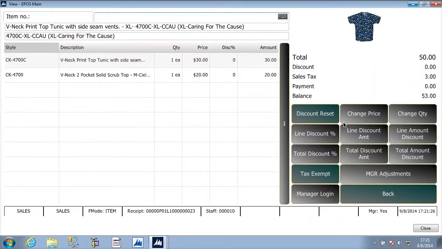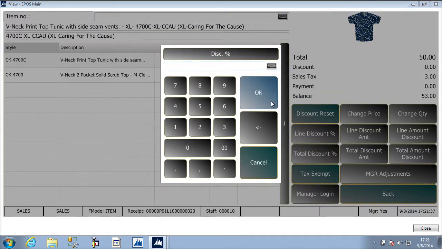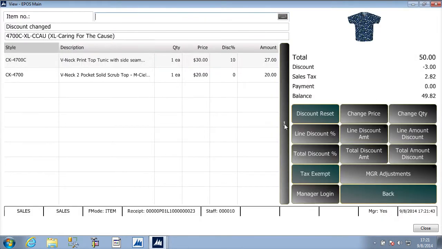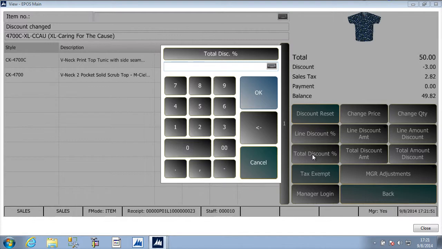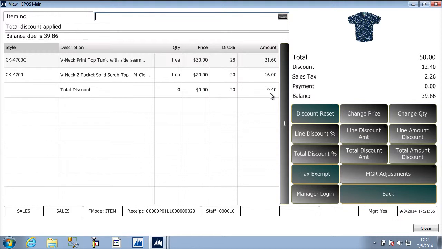Now let's go through some examples of what happens when both line and total discounts are specified in the same cart. We will start with two items and apply a 10% line discount to line number 1. As expected, we've discounted the $30 item by $3 for a net price of $27. Now let's add a total discount to the whole order of 20%. As you can see, the system calculated the 20% total discount from the balance of each line versus the non-discounted